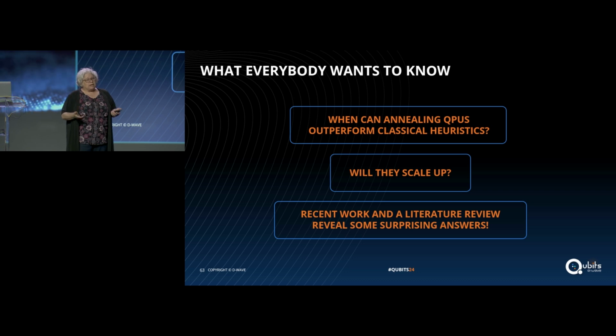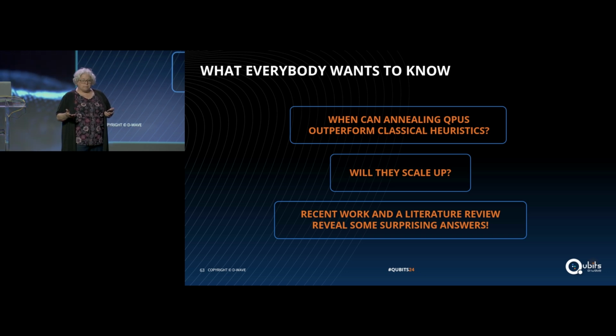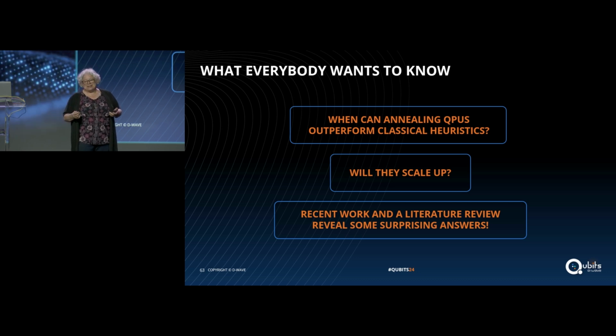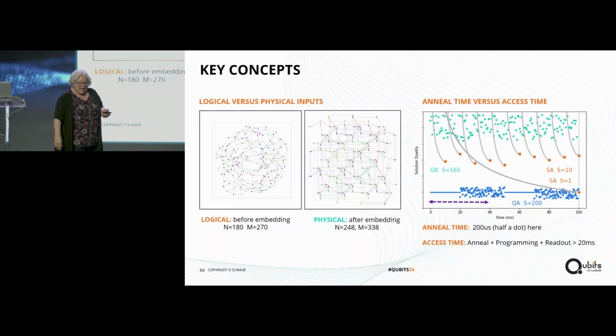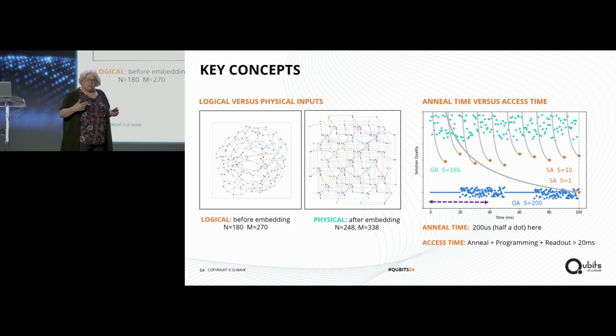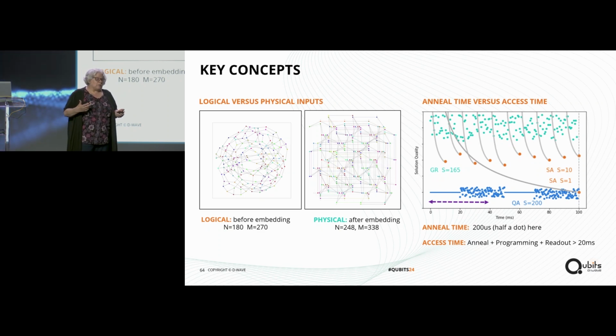More recently, I've been working on a literature review, really just going back over the past decade and looking at all the different papers about quantum annealing performance. And as it turns out, there are some patterns, and I'm finally in a position, I'm delighted to say, where I can actually draw some lines. This is going to work, this won't work, and so forth. So I want to talk a little bit about that. And it was surprising to me, the places where the lines get drawn, so I'll talk a little bit about that.